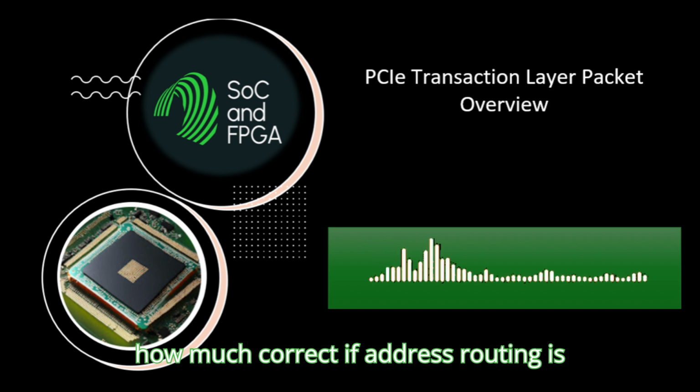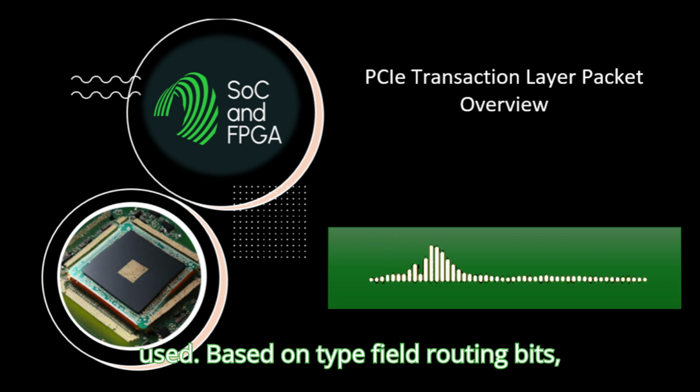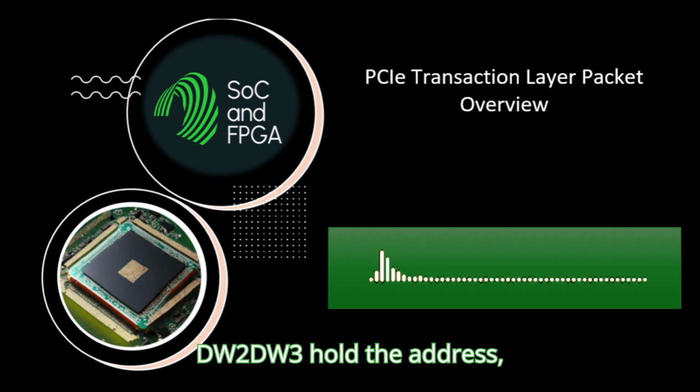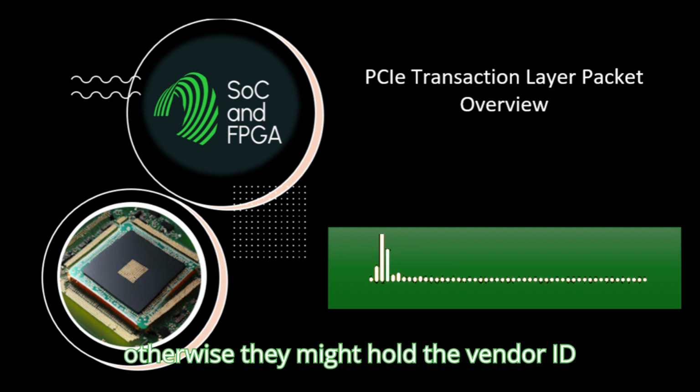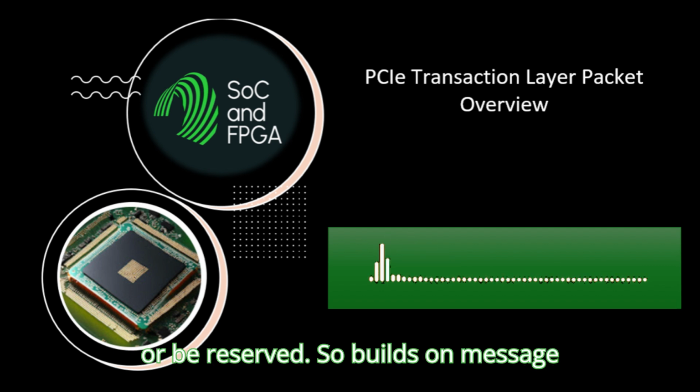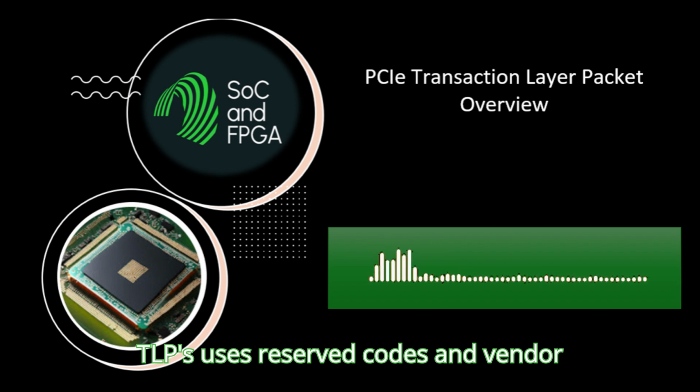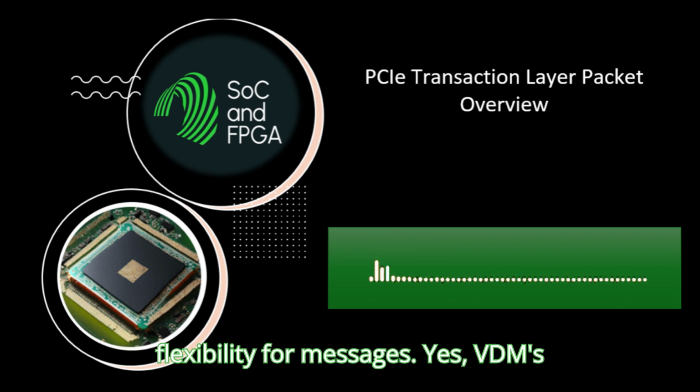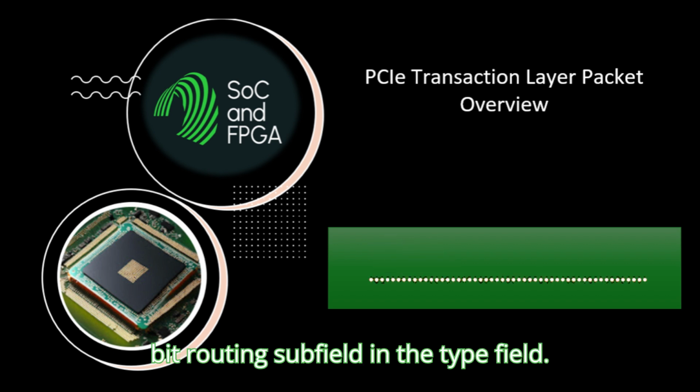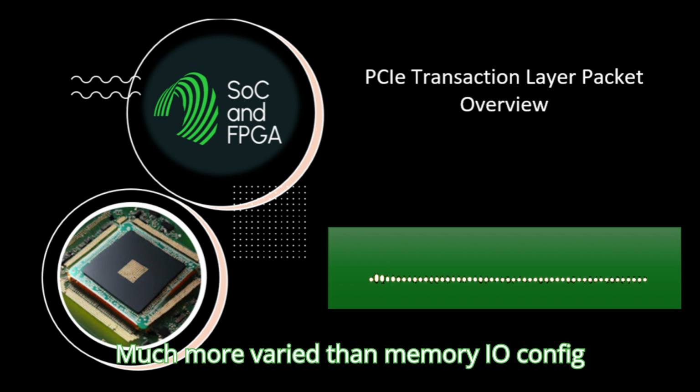Correct. If address routing is used, based on type field routing bits, DW2, DW3 hold the address. Otherwise, they might hold the vendor ID or be reserved. So builds on message TLPs, uses reserved codes and vendor IDs. How are they routed? You mentioned flexibility for messages. Yes, VDMs inherit that flexibility via the 3-bit routing subfield in the type field, much more varied than memory, I/O,